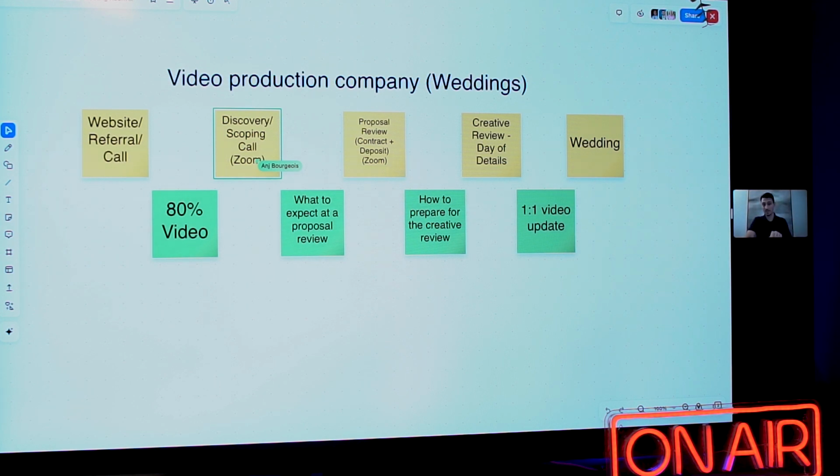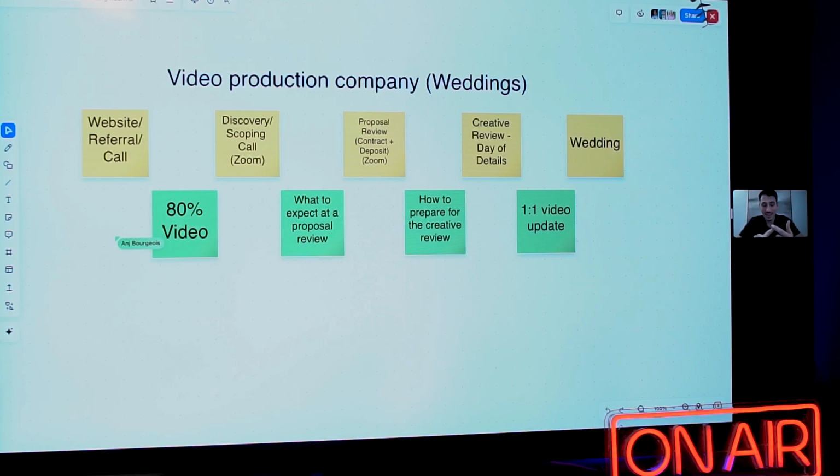And then after you press submit, now we don't have an 80% video or anything, but for this wedding company, I would absolutely have that right here. So you grab their contact info, you have them then book a meeting. And then if they don't book a meeting, you have a workflow set up to send them a reminder to book a meeting, or you send them a manual email, right? Systematizing versus automating. And then after they book the meeting, it redirects them to a landing page, and it says,